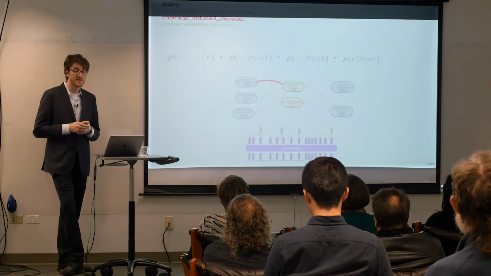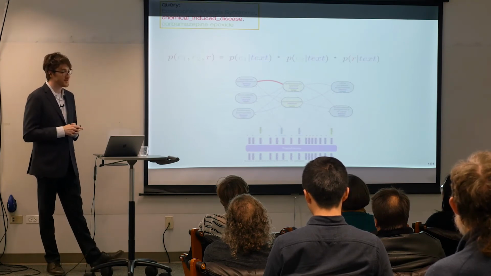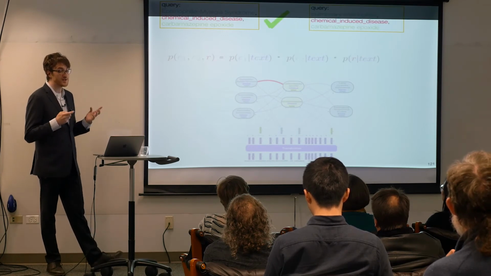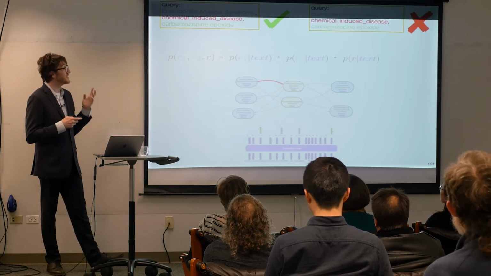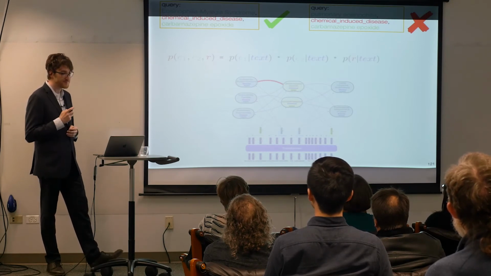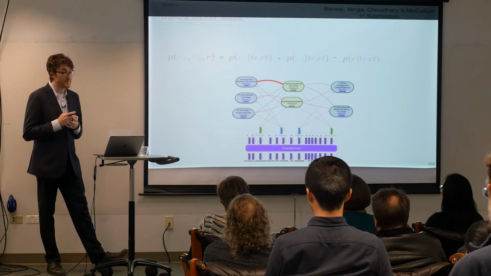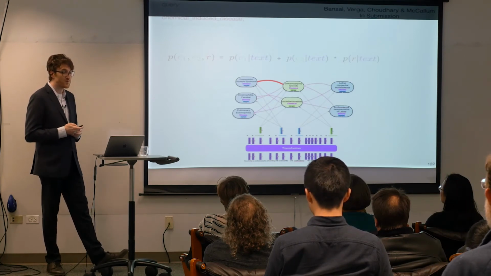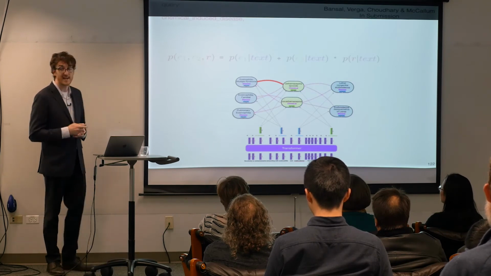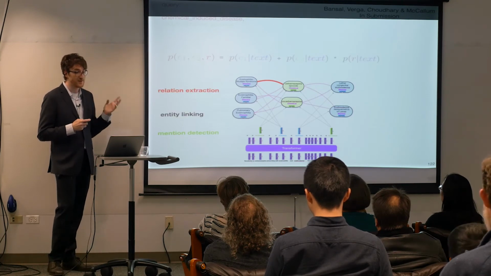And the important thing here is that we can train this model without any mention level entity linking supervision. So all we need to know is that some relations have to be true and other relations have to be false. And we can even negatively sample relationships and treat them as false. In addition to being able to train an entity linking model without any mention level supervision, we also now have a framework for a single model to perform the full AKBC pipeline. So again, this is mention detection, entity linking, and relation extraction.